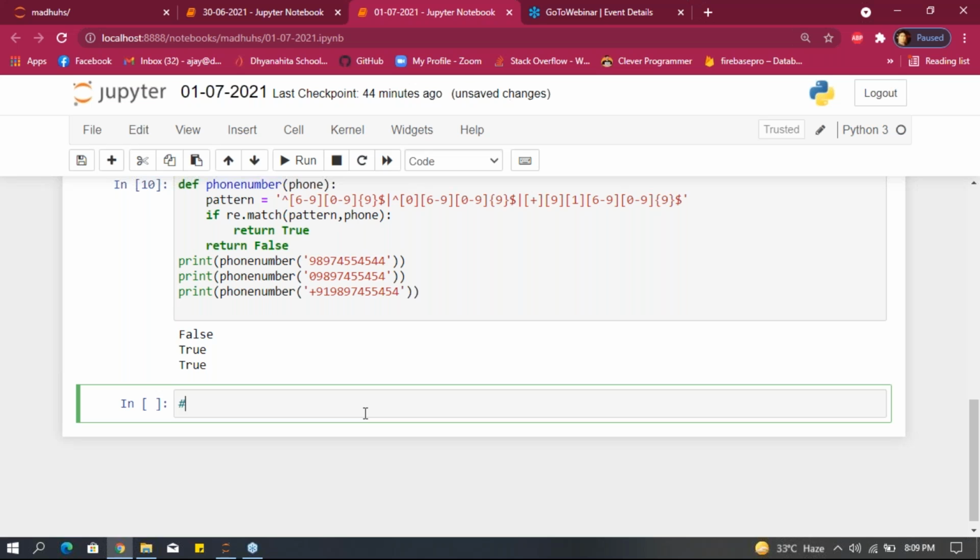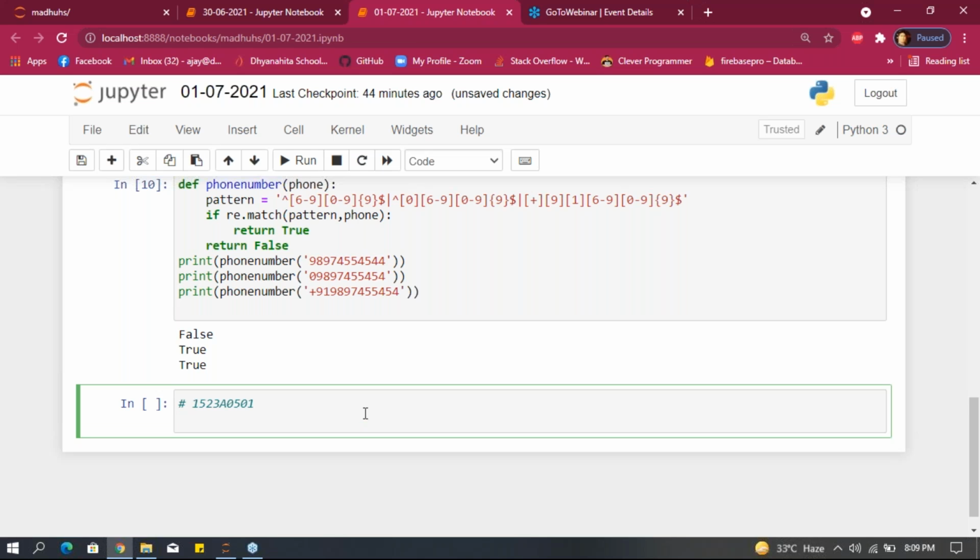Okay. For example, if we give roll number in this format, A 0 0 U of 501, how to validate this roll number?